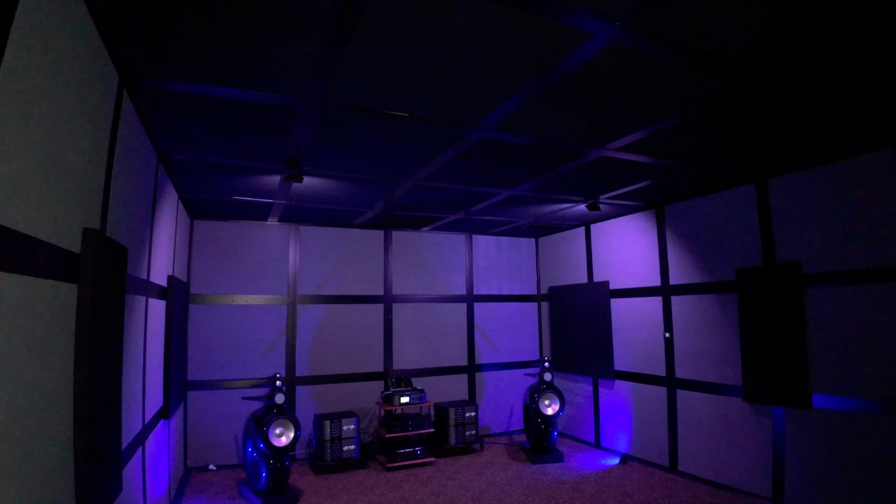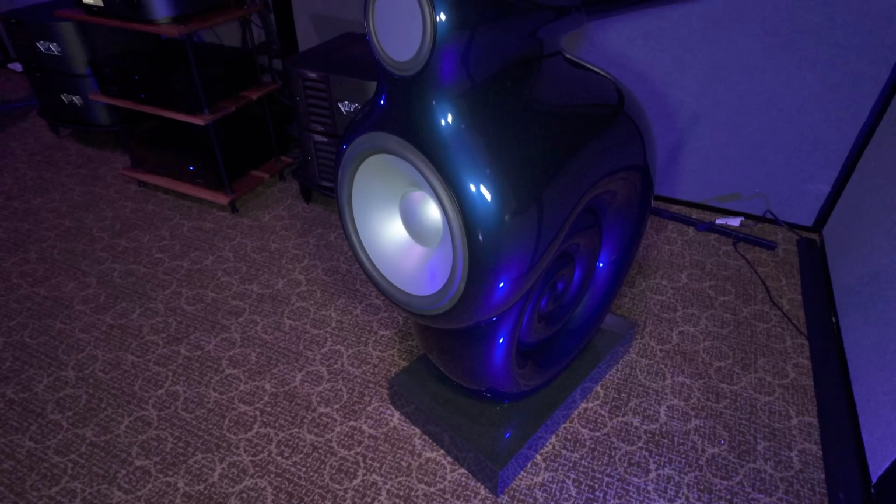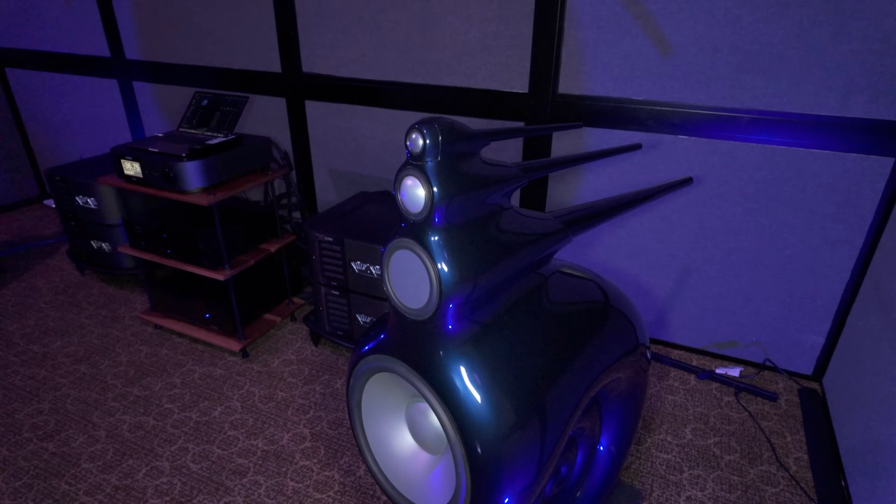It was snappy. Now, this is not an ideal room. The bass was not as controlled as I would have liked it to have been, but I know it wasn't the speaker's fault. I know these walls are very rigid. You didn't have any bass trapping in here. I heard these speakers